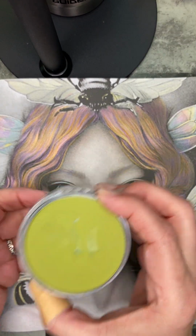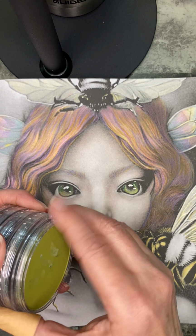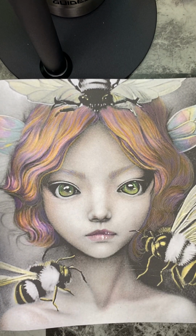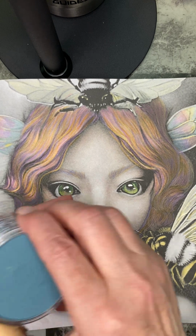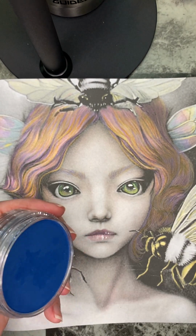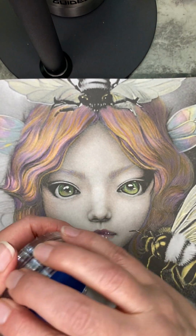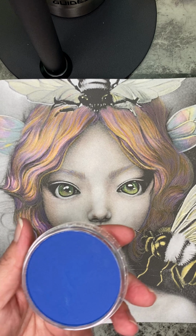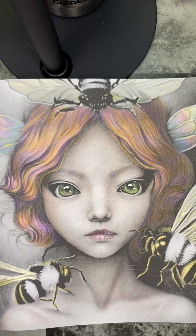I've obviously used them already, and I like them if you're trying to make quick work of something. If you're trying to cover a large area fast, pan pastels are a good way to do that. They're about $50 a set. You get, I think, 7 colors. Yeah, 7 colors. So I've got, I think, 3 sets of them. I have a skin tone set and I have a pink set, but I thought we would stick with this